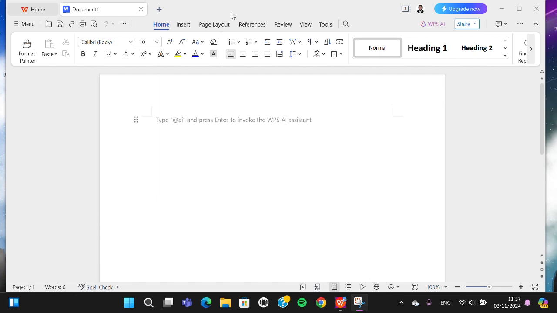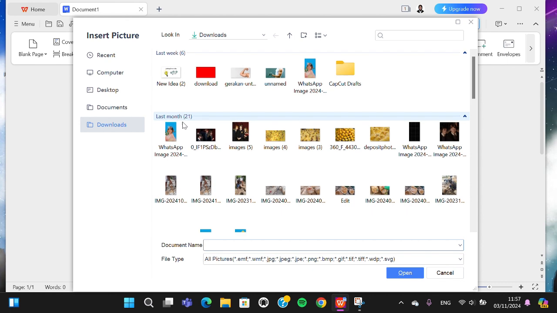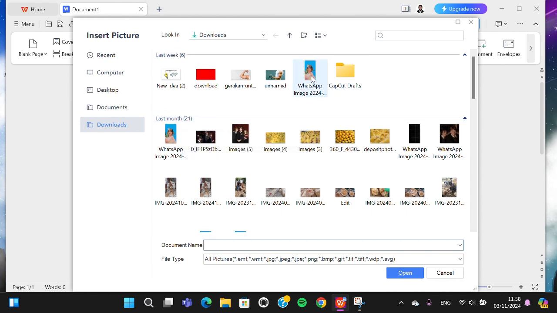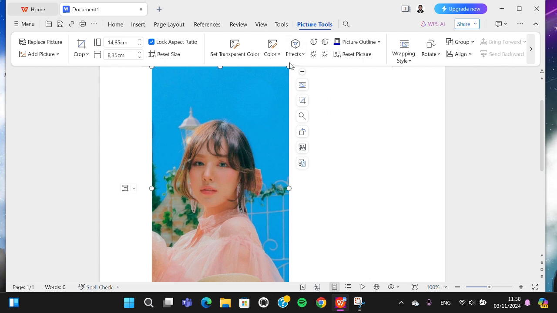I have opened my WPS Office application on my computer, and first of all, I'm going to insert an image in this document. I'm going to go to Insert and then Picture, and I'm just going to select From File. And I'm going to choose, for instance, this image. I'm going to click on Open, and I'm going to show you how we can crop this image into a